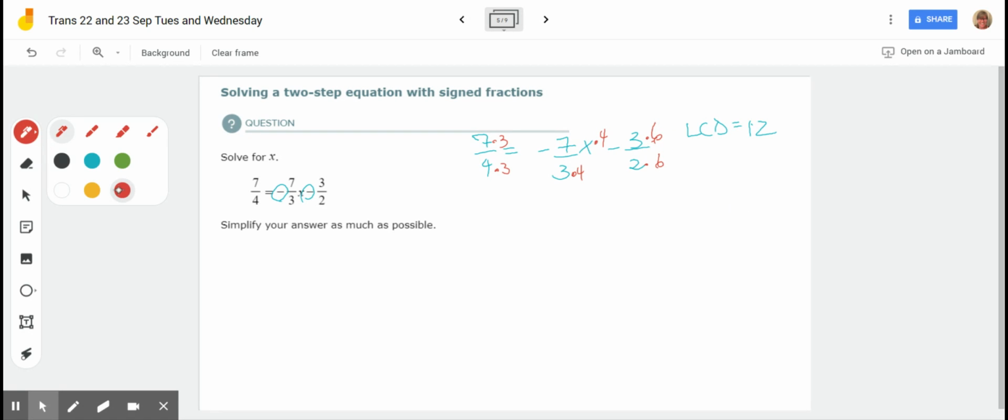I still have kids that are getting confused between when you multiply and when you need a common denominator. We are multiplying by the common denominator to get rid of the fractions. It is a cool little trick. Okay. That's why we are doing this. So we get,